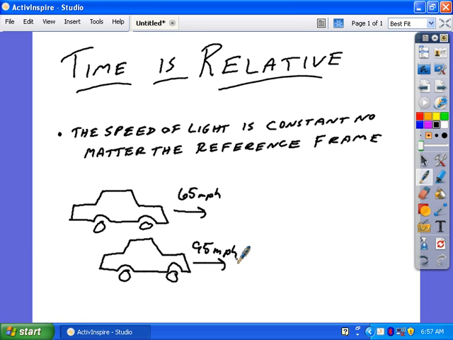Now, depending on what's going on here, if you're a person in this car right here, you are going to observe the other vehicle traveling next to you at 30 miles per hour relative to your vehicle. Sorry, check that. This person will observe the other vehicle